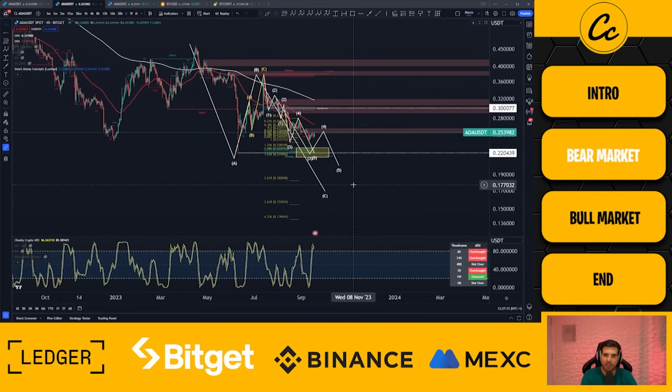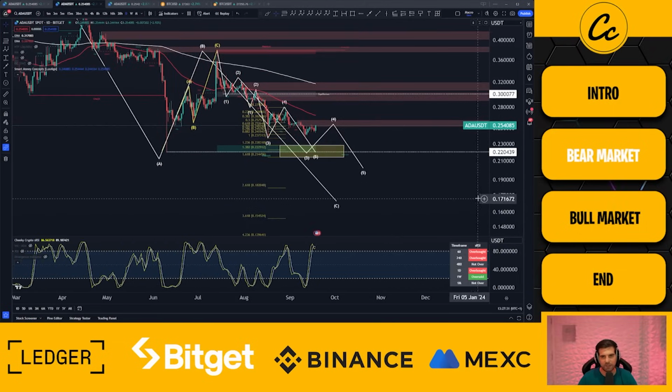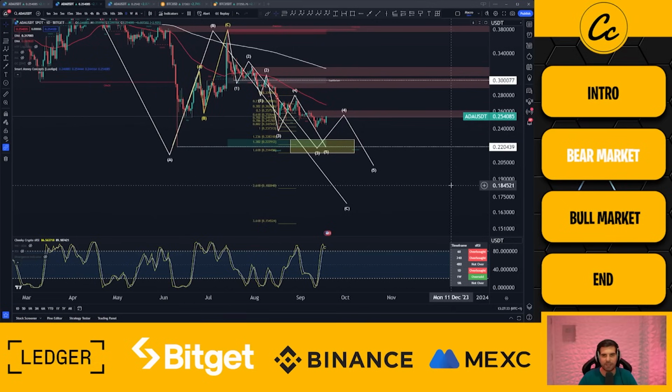So you might not like the idea of price going down, but I think this is a fantastic opportunity in the bear market to accumulate as much ADA as we possibly can before price does get away from us. I do suspect that we are likely to see price drop down just a little ways further so that we can enjoy accumulating a bit more.